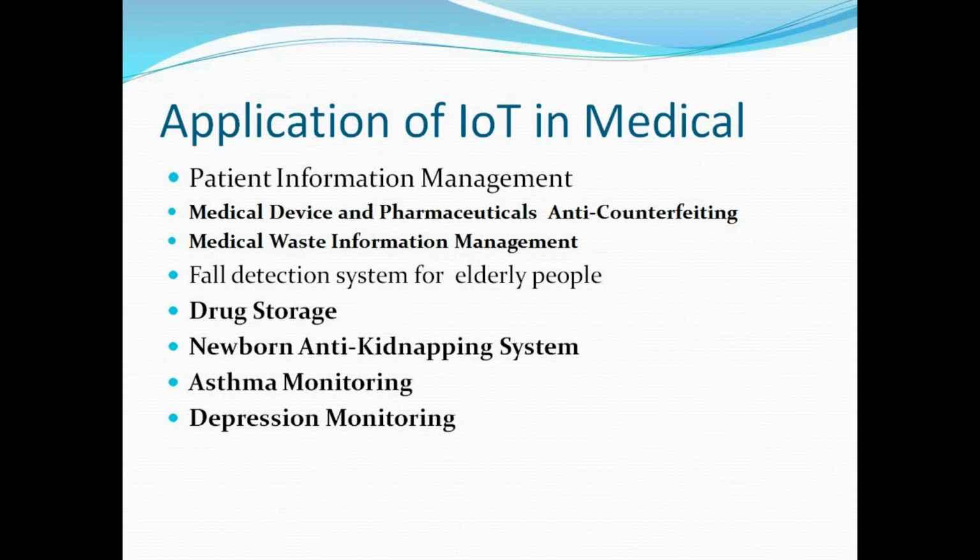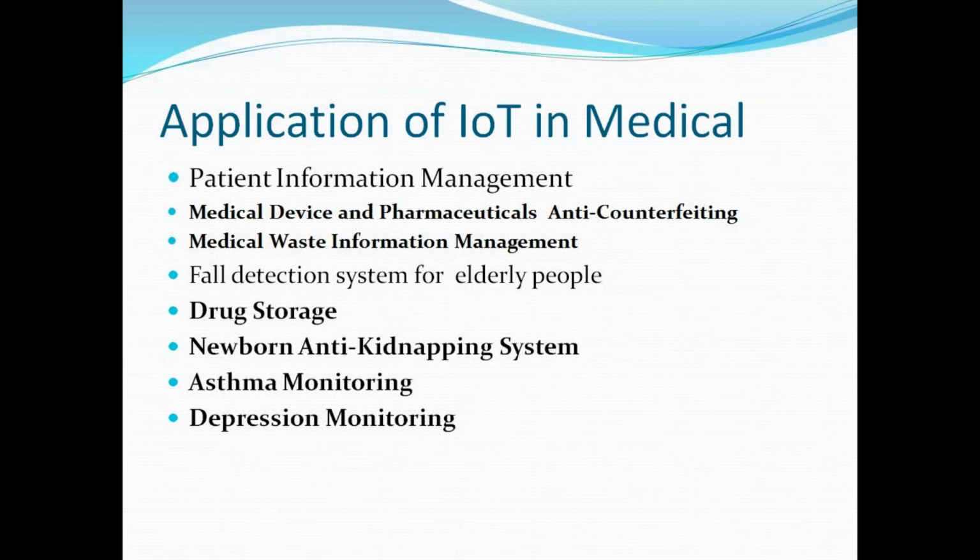Using RFID technology, we can monitor the movement of that medical waste, whether it is properly maintained and properly disposed of, how it is moving, its location and all. If you use an RFID tag with a GPS system and GSM communication,